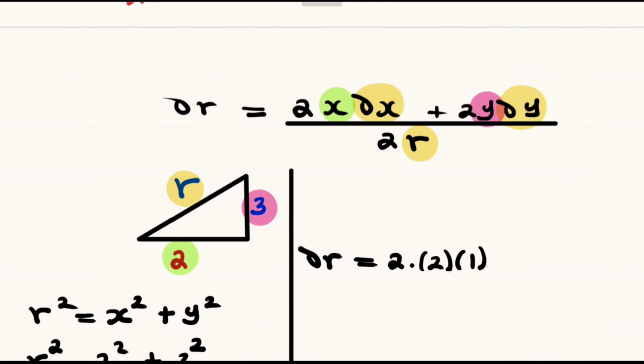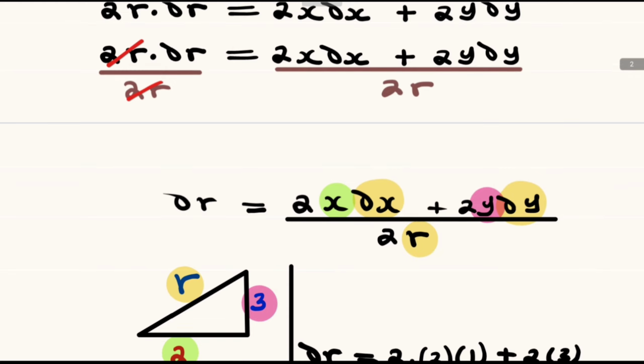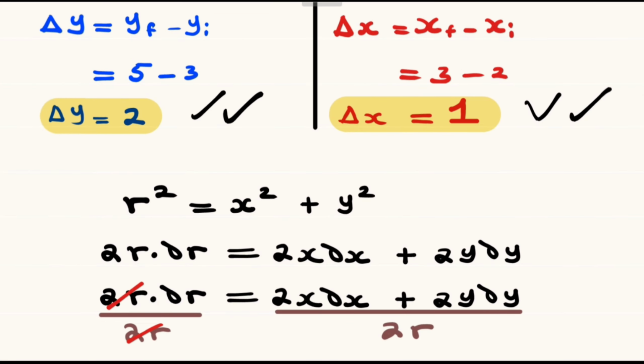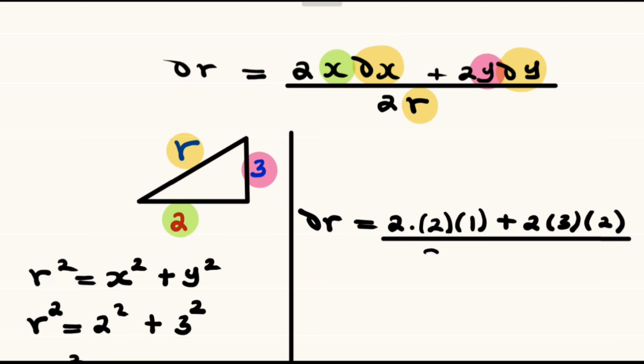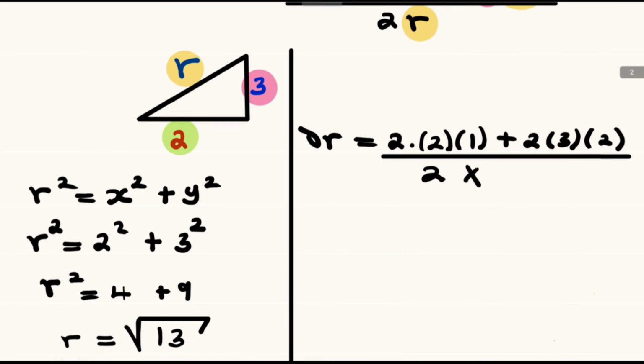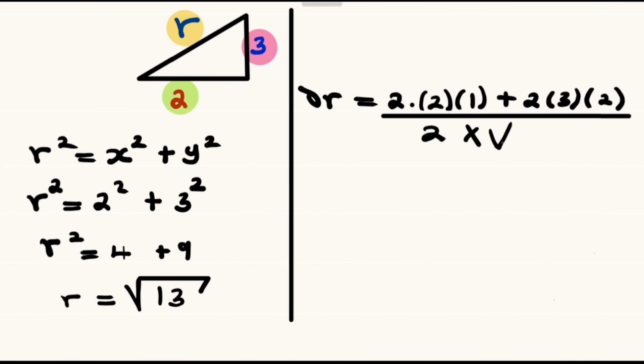So the change in x is 1 plus 2 multiplied by our y, which is 3, and the partial change in y was the 2. So in the place of the partial derivative of y, we substitute the 2. This is divided by the 2 multiplied by r, but we determined that our r was the square root of 13. Now the partial derivative of r, or the change in r, will be equal to